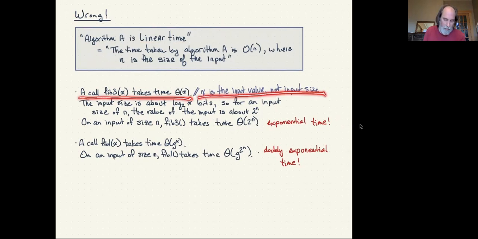What's the input size? Well, for a value x, we need about log base 2 of x bits to encode it. So in any reasonable encoding, the size of the encoding is about the log of the value. So if our input is size n, what's the value of the number represented by n bits? It's about 2 to the n. So on an input of size n, fib3 takes time theta of the value, that's about 2 to the n. So that's actually an exponential time algorithm,